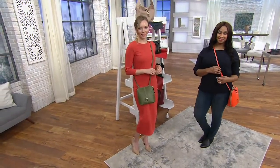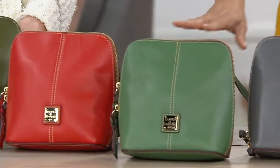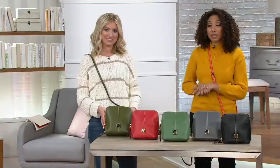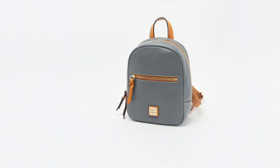Red, we have an ivy green. I'll take you through. Red, here's the ivy. Last call in slate. So if you want the slate, this is your last and final chance. Remember, it's not coming back. And black, only three dozen, so very limited here as well. Here's your opportunity to pick up the Trixie at a lower price with free shipping and six easy payments. All right, so